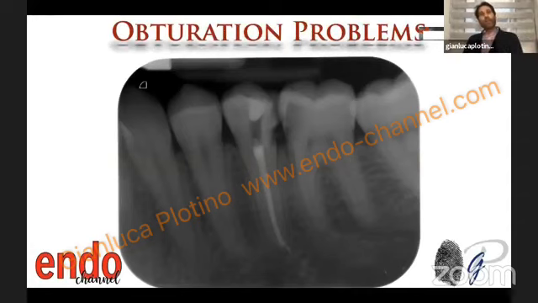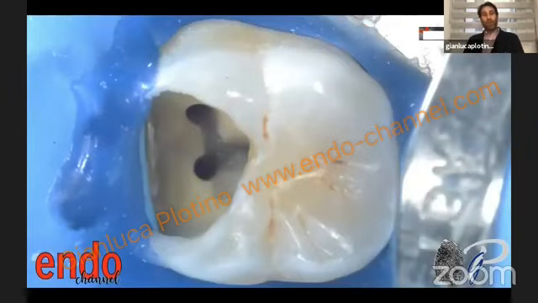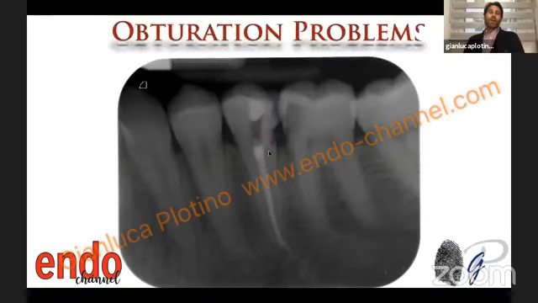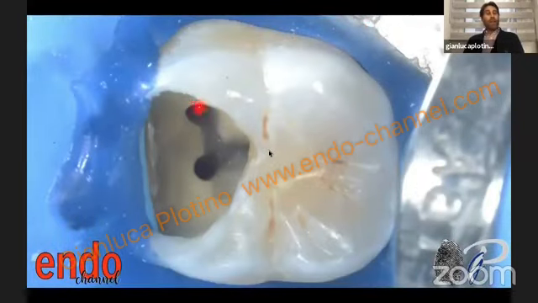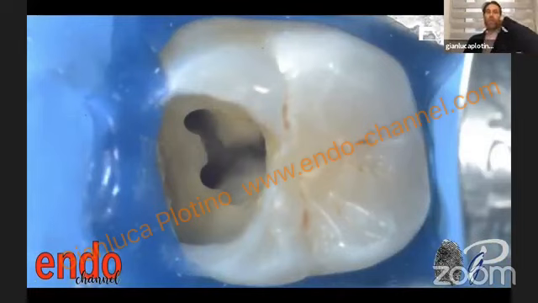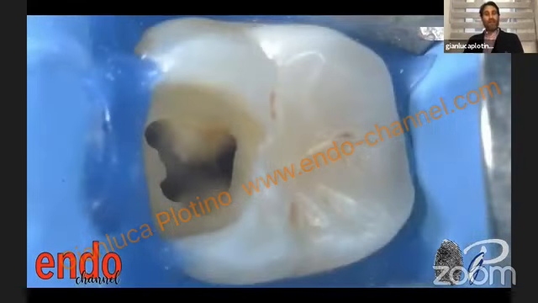So after irrigation, we need to have the obturation of the root canal systems, and we can have some obturation problems in minimally invasive approaches like this: interproximal access to save sound tooth structure while only removing the carious tissue, as you can see by the radiograph. We have to take care of instrumentation problems, so we have to choose the correct instrument, flexible, performant. Then we have to choose the correct techniques to activate our irrigants, to permit the irrigants to flow inside these minimally invasive prepared root canals.